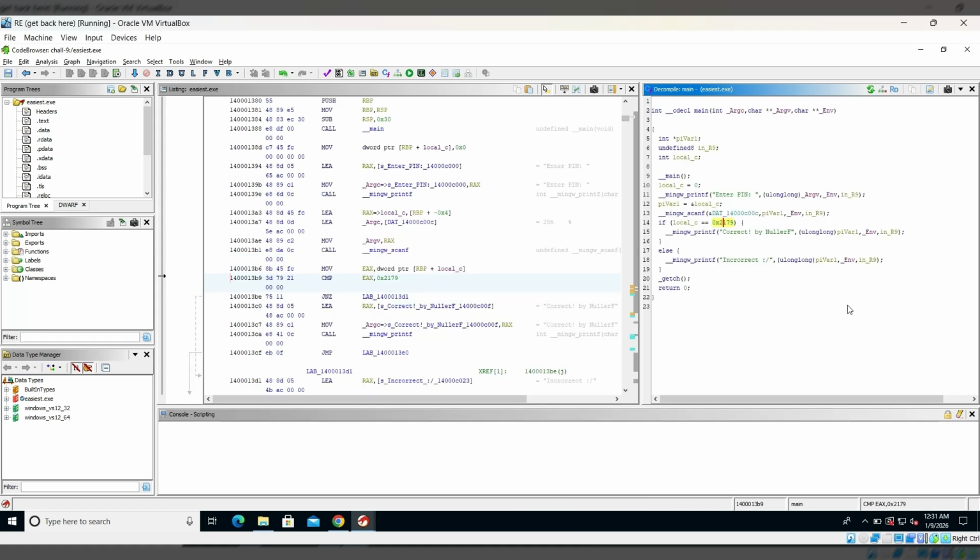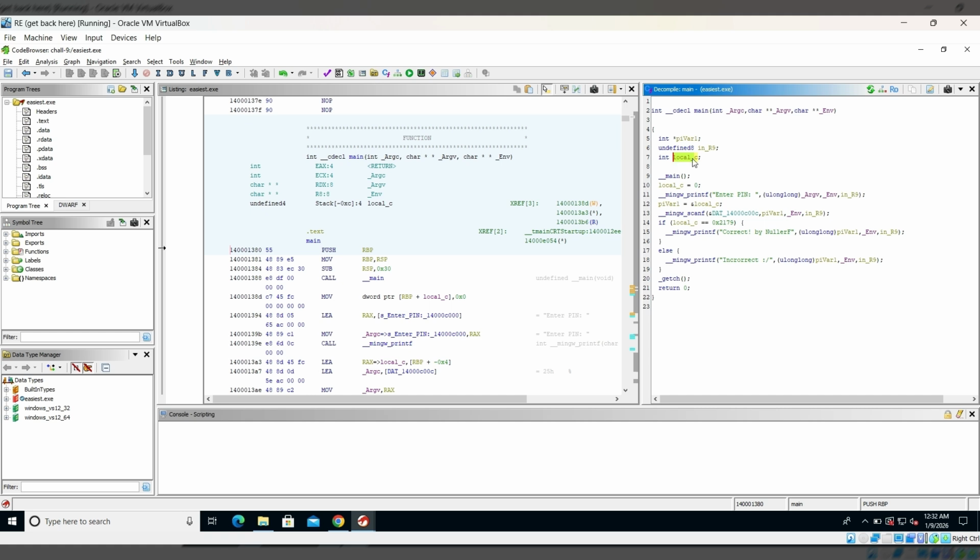So this is how the code looks in Ghidra. As I said, this is a very simple and straightforward challenge. We do not have a lot of things to do over here, but still we will go through the code and understand what is happening. So we can see that there is an integer variable which has been declared over here, local c, which is set to 0 for now. It asks for pin, as we have already seen how it asks for pin in the command line,